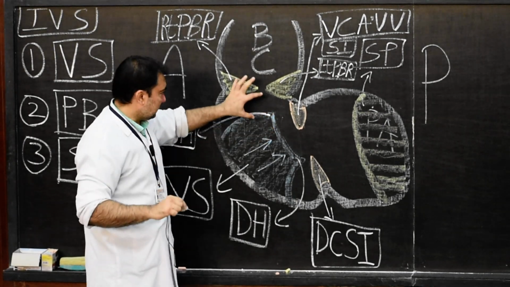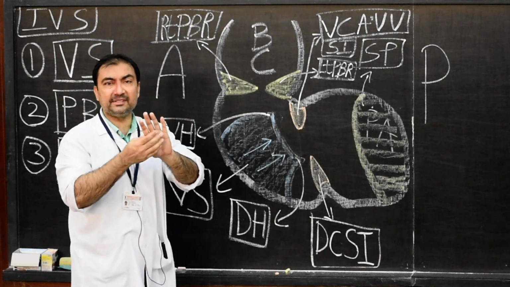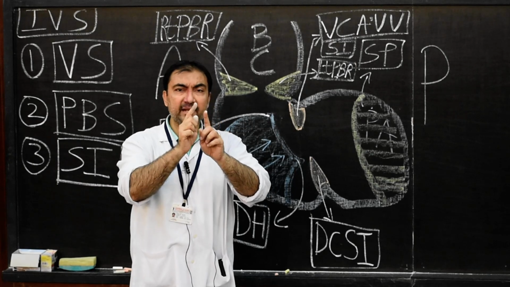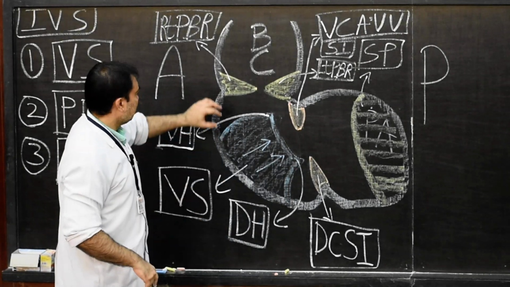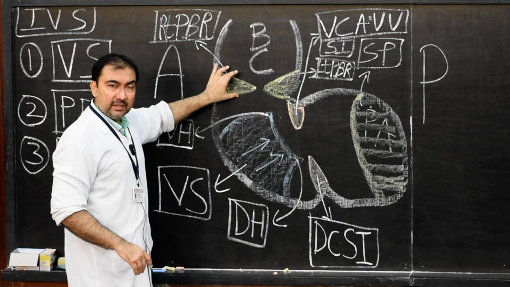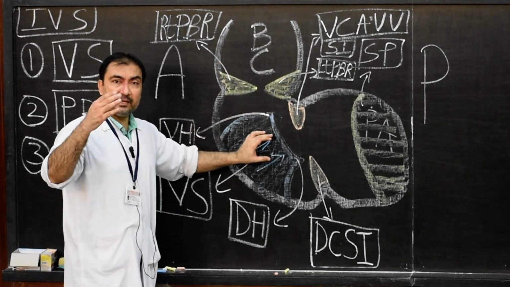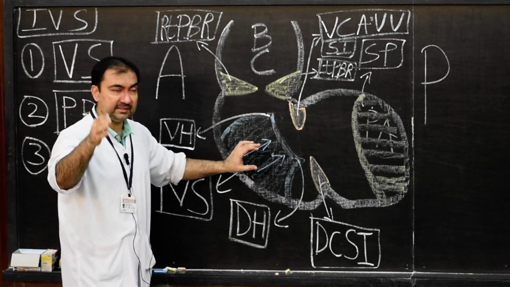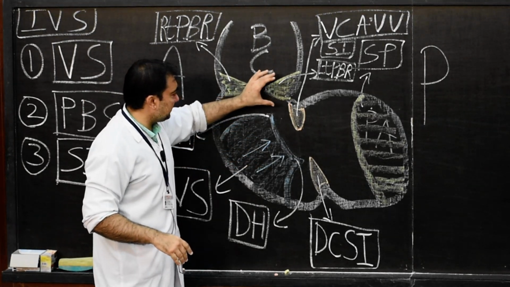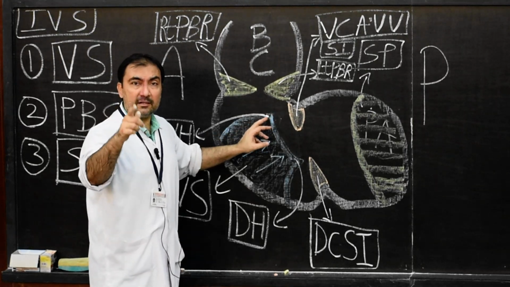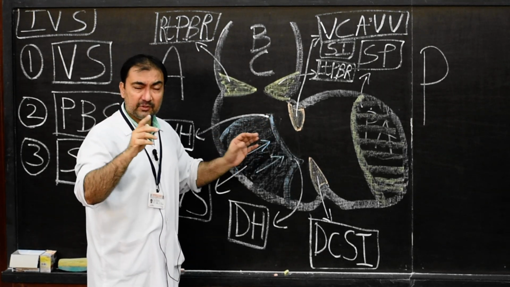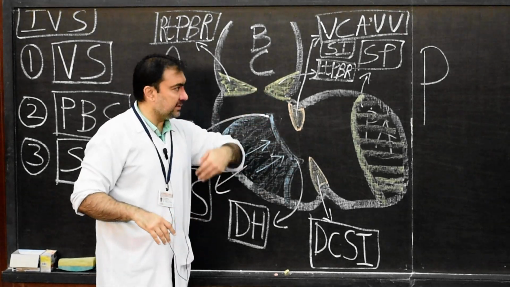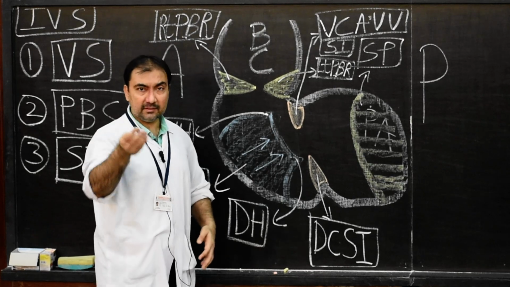And please note down, this combination is slightly twisted. It is not simple attachment. It will be in a slightly twisted manner, since the right bulbar ridge will be in line with the dorsal horn of ventricular septum, and the left bulbar ridge will be in line with the ventral horn of ventricular septum. So it will be slightly twisted. And the same we are going to represent in the next diagram coming up in the next segment.